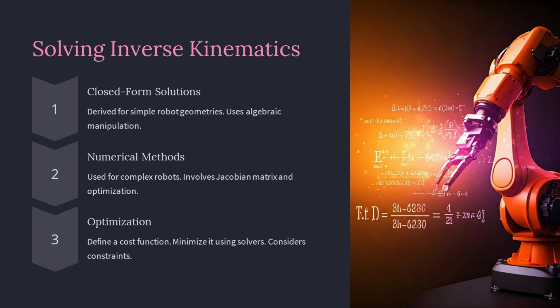When robots have many joints or more complicated shapes, closed-form solutions may not exist or may be very cumbersome to derive. In those situations, we turn to numerical methods. The most common numerical approach uses the Jacobian matrix, which expresses the relationship between small changes in joint variables and small changes in the end effector's position and orientation. Specifically, if we denote the vector of joint rates by dot theta and the spatial velocity of the end effector by a 6-element vector containing linear velocities and angular velocities,